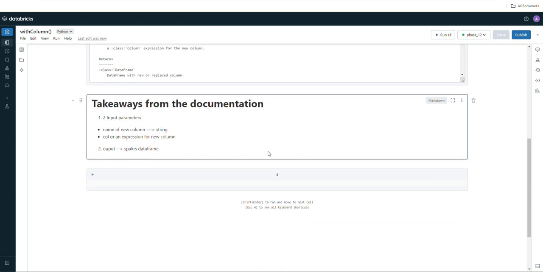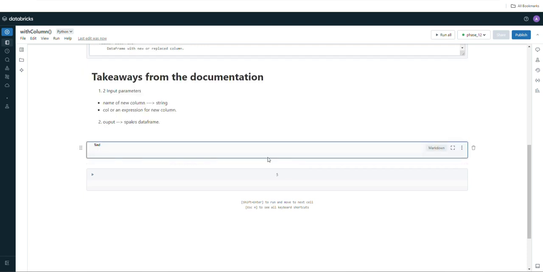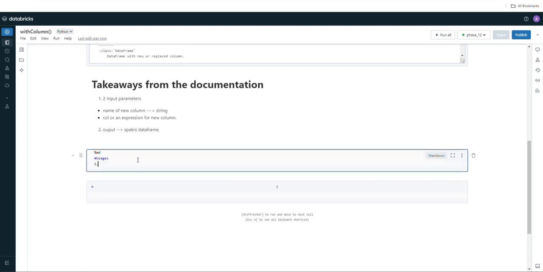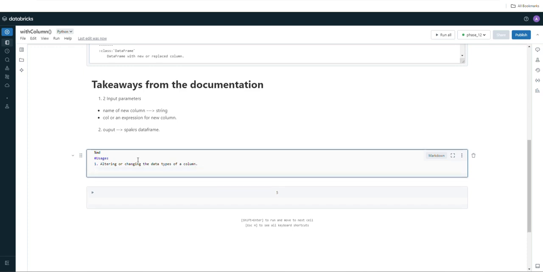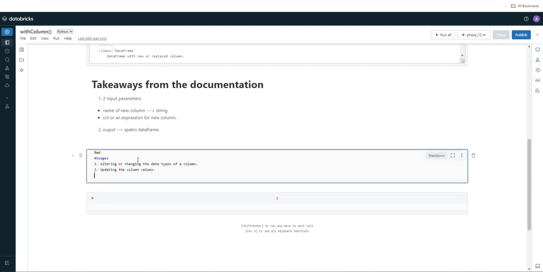With that said, let me list the major usages for the withColumn function. Let me list them one by one. First could be altering or changing the data types of a column. Second could be updating the column values. And third could be creating a new column,